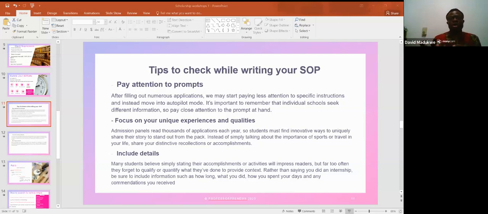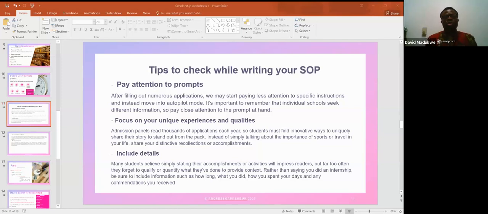So they want to see those peculiarities. You don't need to state it categorically, "I'm a focused person, disciplined, and this and that." But from your statement, how you explain it, they'll be able to see those qualities in you. And this can be seen when you put this in place, your academics, the courses you had, even if you failed, how you were able to come up, take the exam again and pass with flying colors. They want to see your ability to challenge some situations, to challenge the status quo you had before. So those are things they are looking out for in your application.